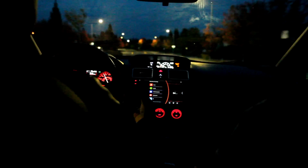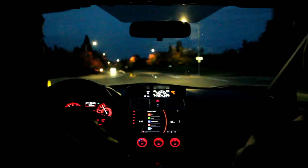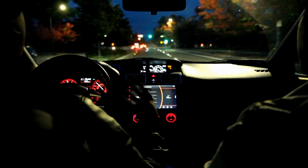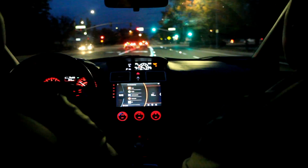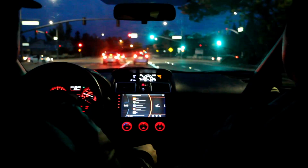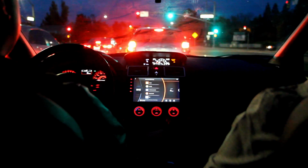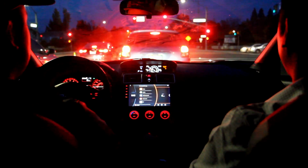I do kind of feel disconnected from the car because you're losing a lot of feedback. I know sound is a pretty big impact for me, so when I'm driving 5th to 4th, I'm gonna have a hard time downshifting because you couldn't even hear at all. Like I actually downshifted right there, and you just don't get that kind of audio feedback, and you get less information. Do you agree? Yeah, it's really challenging. I can't pinpoint exactly why I have such a hard time downshifting this car smoothly. I don't know if it's because I'm a hack and I don't know how to downshift properly, but the audio feedback is definitely a huge player. The rev hang might be a little bit of a player,